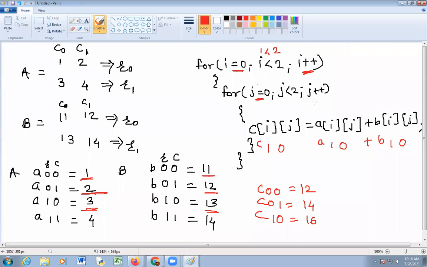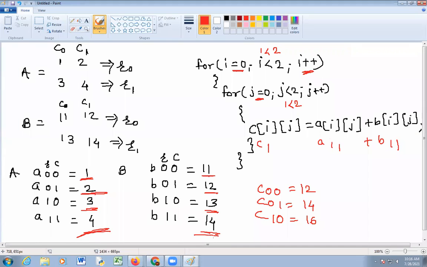Initial value of j is 0. After incrementing, it will become 1. So 1 is less than 2. This becomes true. Value of i is 1. Value of j is 1. So here A of 1 1 plus B of 1 1. So A of 1 1 is 4.